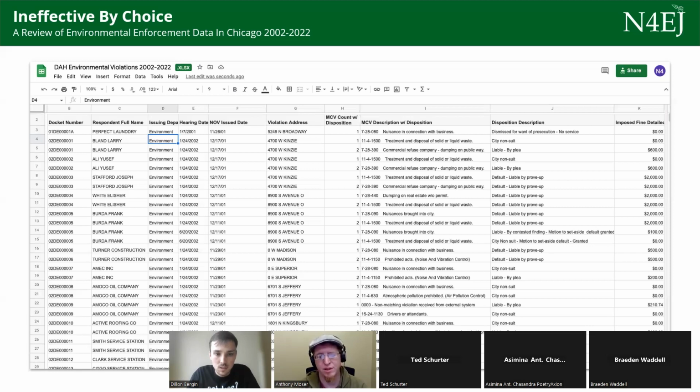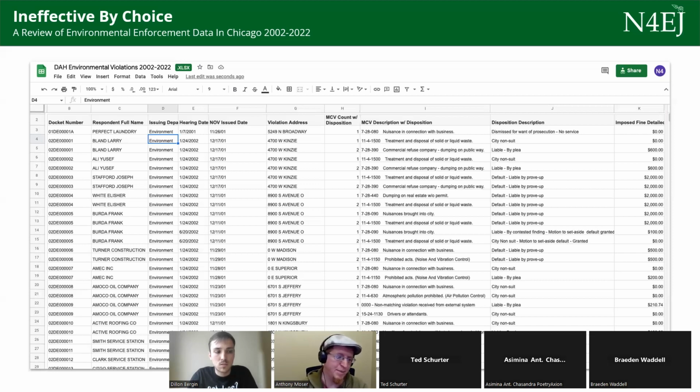And each one of those includes what they were cited for, where it happened, the date it was issued, and what the outcome of that hearing was, which might be that they were found liable. Usually there aren't a lot of people going and contesting this stuff. Generally speaking, they're either working out a deal with the city where they'll plead liable to some of them and the city will what they call non-suit, which means they drop the other charges. That's the most common way this happens: either companies are pleading liable or the city's dropping charges. That's kind of an end result.